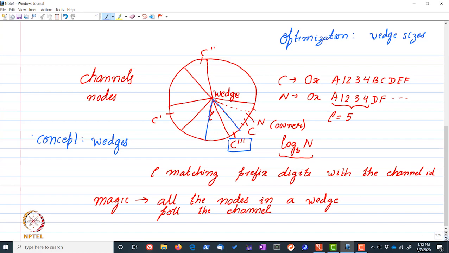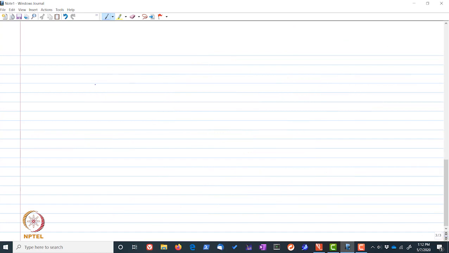So I can maybe summarize this over here. Let's say a wide wedge: low update latency because a lot of nodes are polling, and they can also poll at random intervals. So if there is any change, it will quickly get caught by one of the nodes in the wedge,